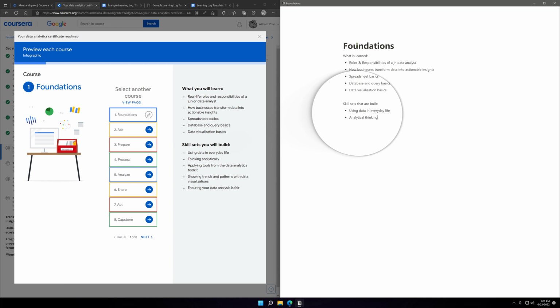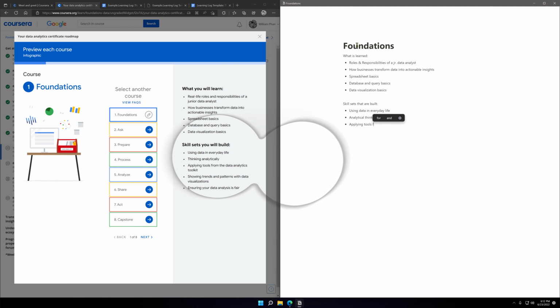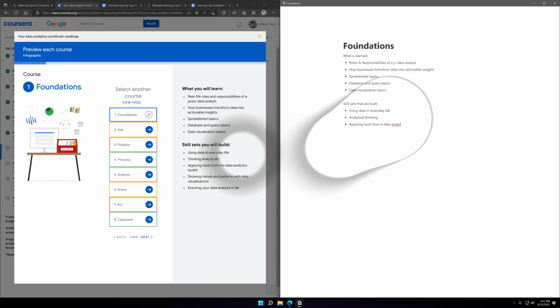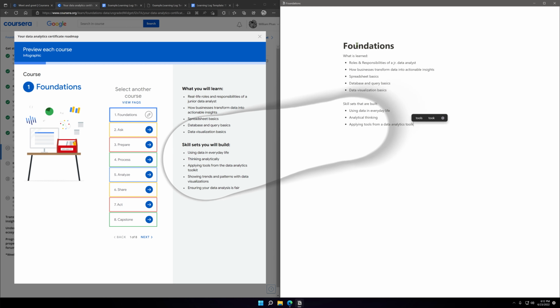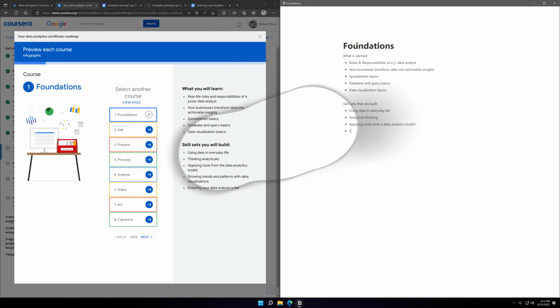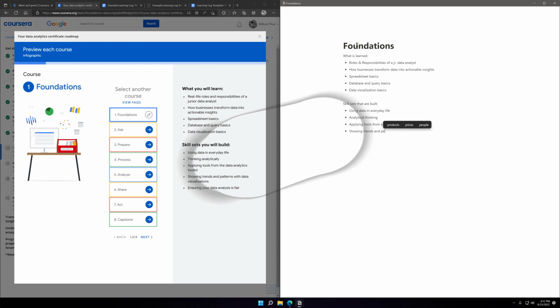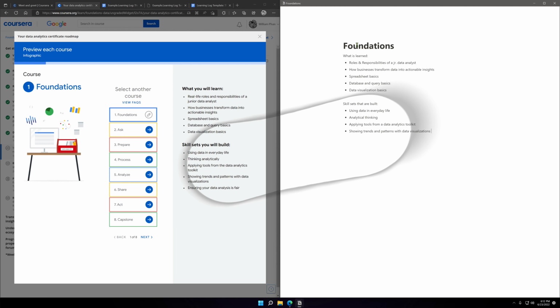Analytical thinking. Applying tools from a data analytics toolkit. Showing trends. Data visualizations.